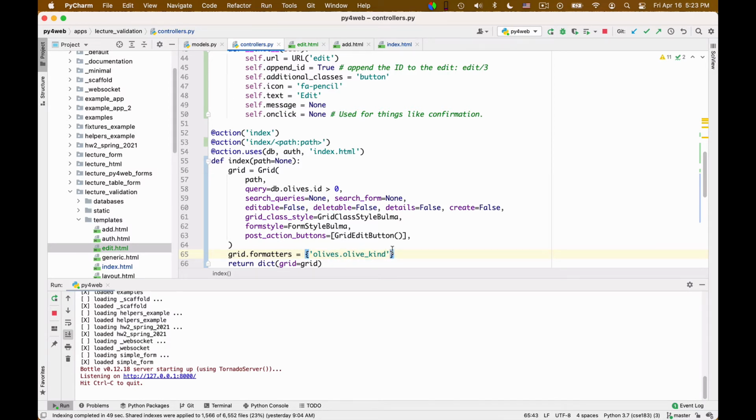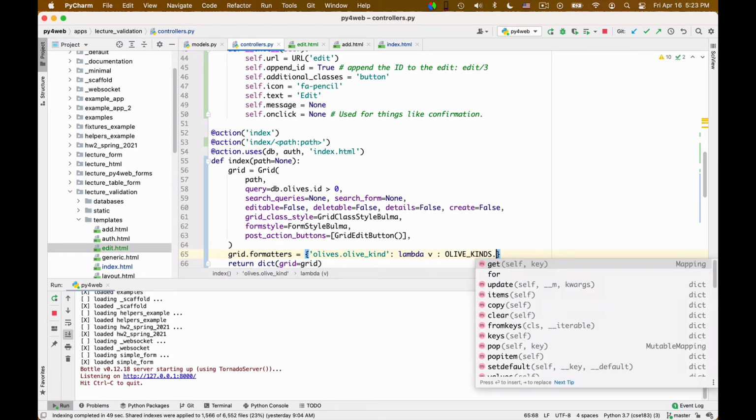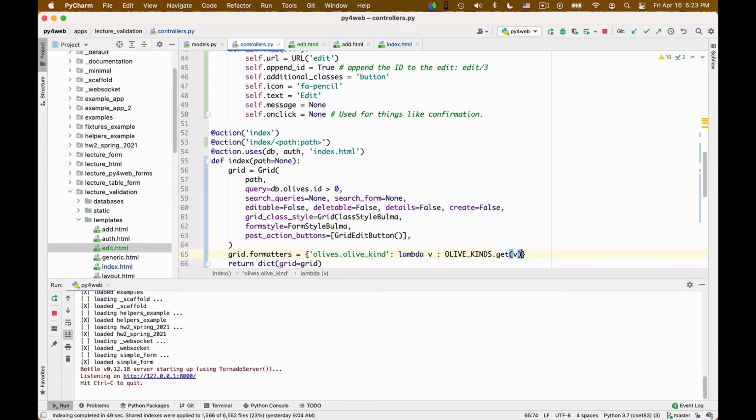Okay. And for this, I define a formatter, which is a function that takes the database value and produces the display value. So I define it simply as a lambda function that takes the database value and returns olivekinds.get of the value. Okay, so it looks up the database value in this dictionary and returns the full string.